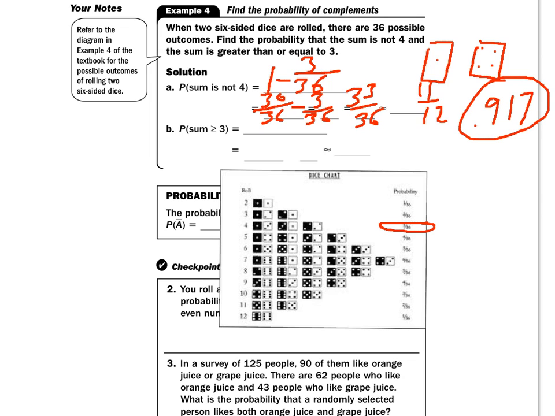And the probability of rolling a sum that's greater than or equal to 3: things that are less than 3 only leave us with the 2. And so you really have 35 out of 36 ways that you can roll a sum greater than or equal to 3, 0.972. And what we're working with there is the concept of complements. We're saying, let's just take away the things that don't exist so we can get the things that do exist. So the complement of something is